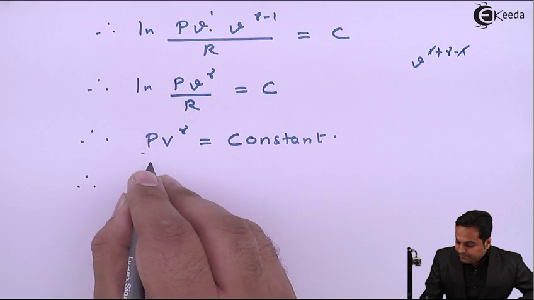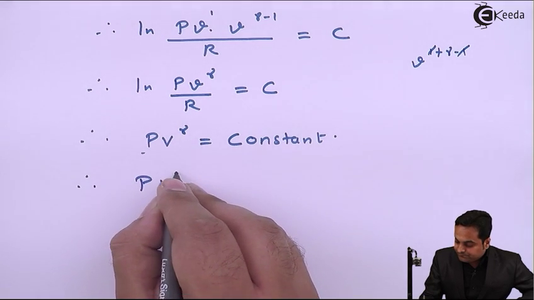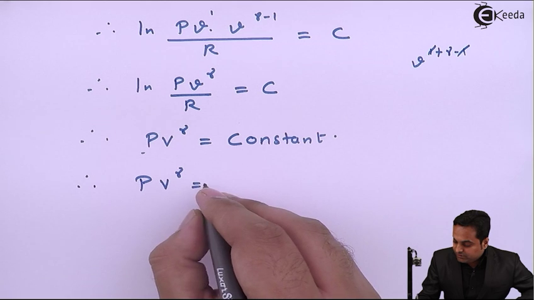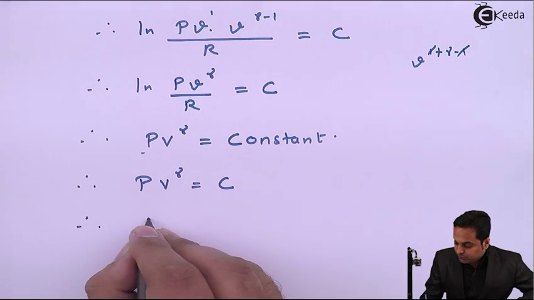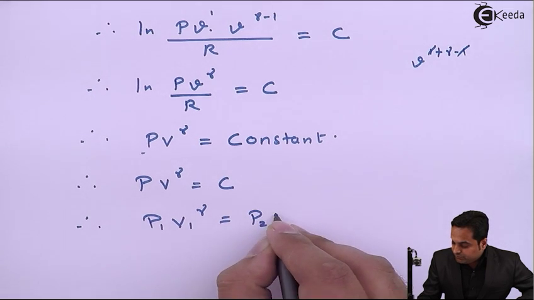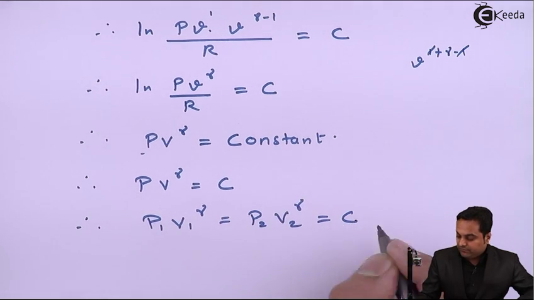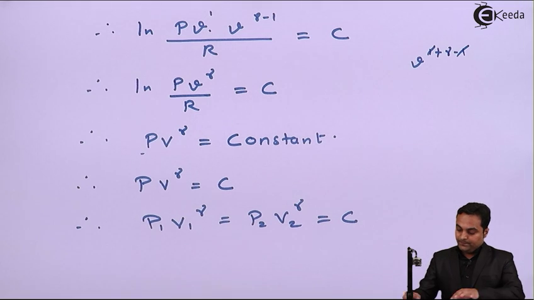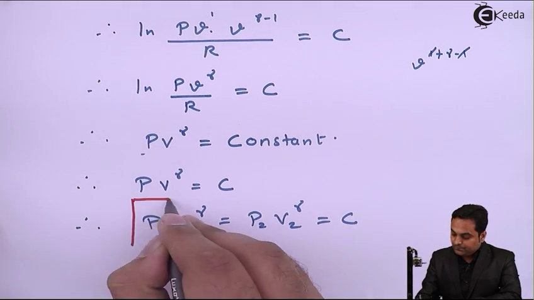So I am getting PV raised to gamma is equal to a constant, and for states 1 and 2 it can be written as P1 V1 raised to gamma is equal to P2 V2 raised to gamma, which is equal to constant,